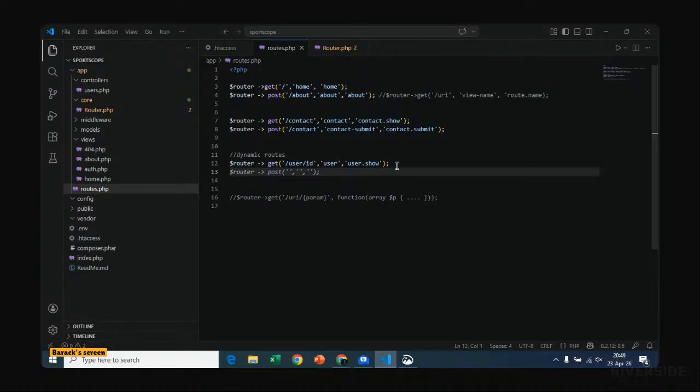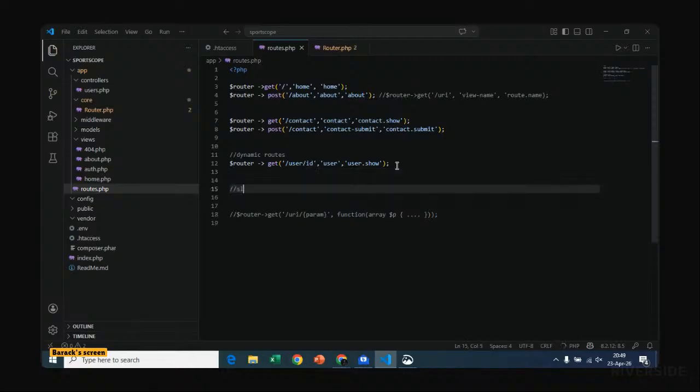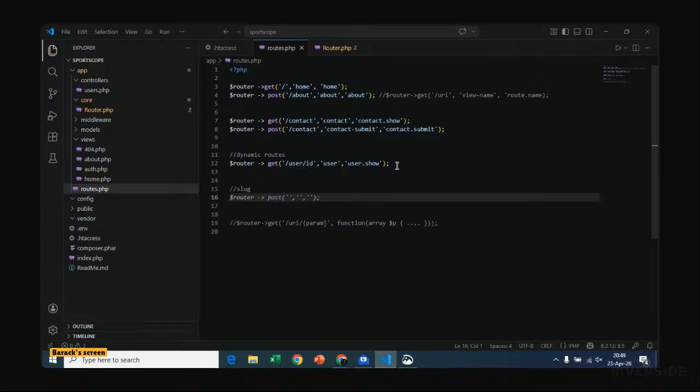Now that we have the get, we can try one for slugs. In case you want to create one of a slug, this would be, for example, slash. Now for sports scope, we shall have commentaries. So you can say commentary.